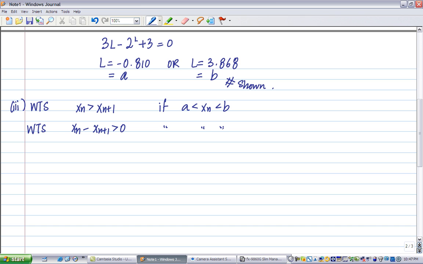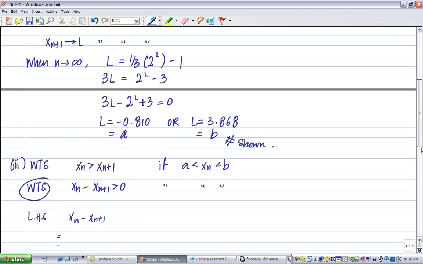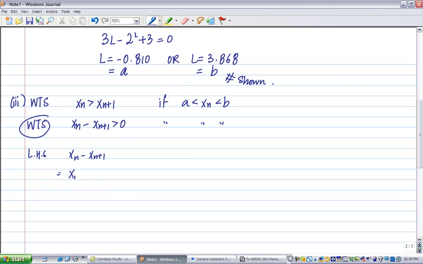Now let's start off with the left-hand side. Make sure you emphasize that this is what you want to show. So xn minus xn plus 1, what is this equal to? We are going to substitute in, because previously we had one equation. We have the recurrence relation given to you, right? The highlighted equation. Can you see up here? This highlighted equation here. So we are going to substitute in xn plus 1,